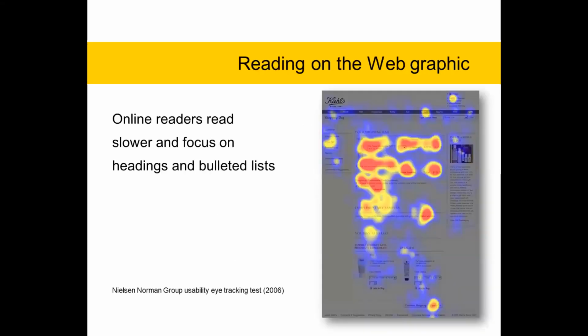And this is a Nielsen Norman Group usability eye tracking test. And this shows what people focus on. You know, people go across and they look at sentences and they look at lists and then they see buttons down here. It's just interesting. If you're involved in web writing, you might ask your web team if they have access to heat mapping software. I think Crazy Egg, we used to use that. What are people focusing on is always a useful thing.